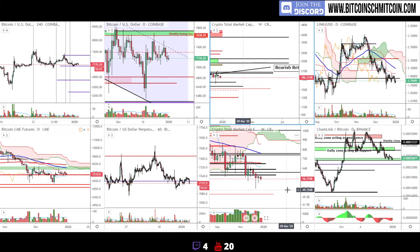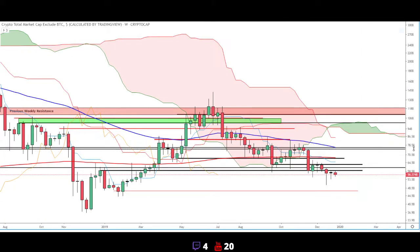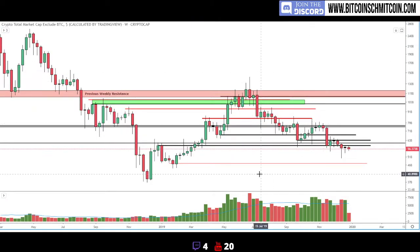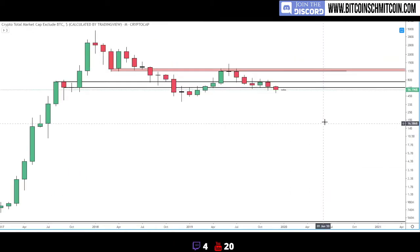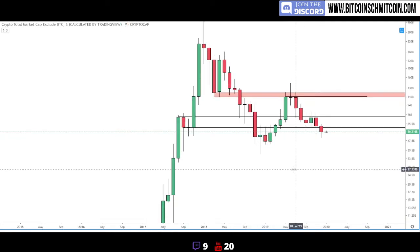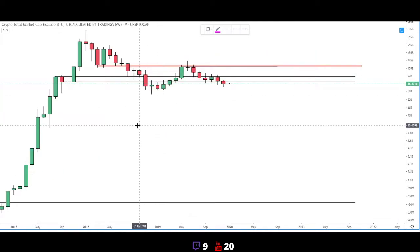When we look at the altcoin market cap, it looks significantly bloodier. And I specifically didn't talk about the cloud structure on the total market cap because I'm going to come back and look at both of them together. So when we look at the market structure of the altcoin market cap, we'll do the same thing with the monthly candle. We do see it's kind of sitting on the support here. But if this support gives way, it is a very long way down. And this should be concerning for anyone who's bullish on crypto,